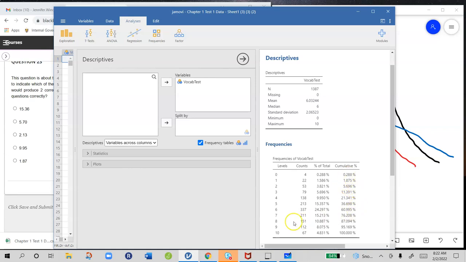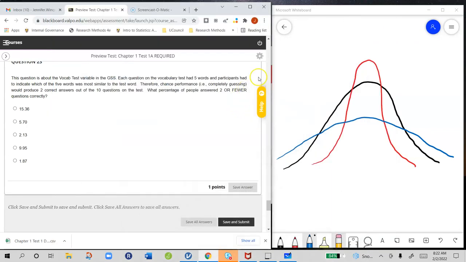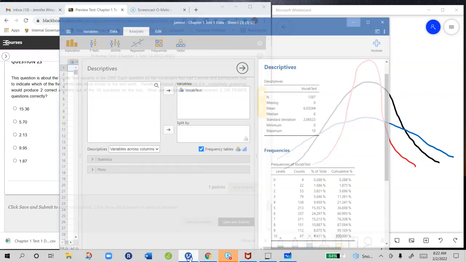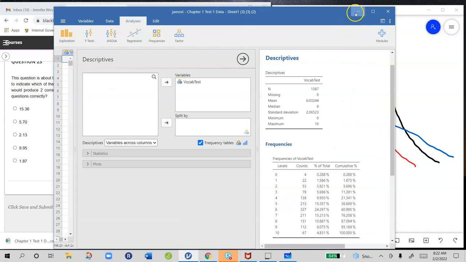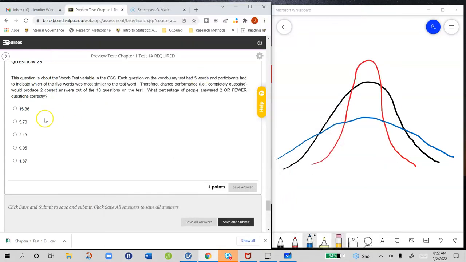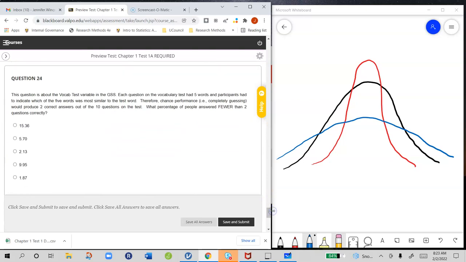Had we asked about how many people had scores of 7 or lower, it would have been 76.208%. All right, so in this case, again, you were looking at 2 or fewer, and so the answer is 5.696 or 5.70 for rounding. All right, number 24, we're looking at what percentage of people